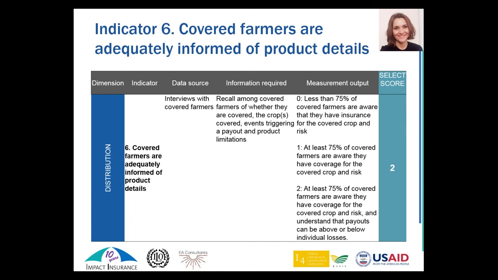And so to evaluate this with the 3D tool, our rationale is to say that if farmers are adequately informed, then they should know and they should understand the product details. So at minimum, they should be aware, for example, that they are covered. They should understand basic features and limitations of the product. And if it's not the case, the conclusion that we draw is that information is not conveyed in a way that can be understood and is useful to farmers. That more efforts need to be done to make sure that they obtain and understand this information.